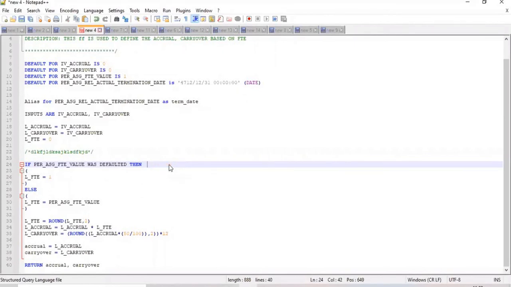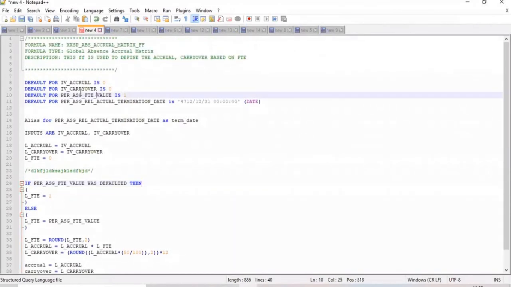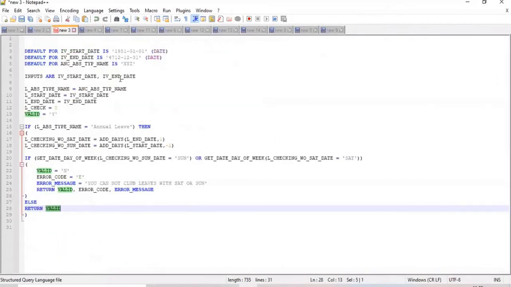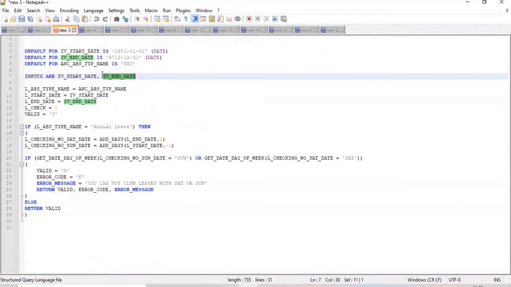Hi, I have a doubt. When we take the database items, we default them so that we don't get any error in compilation. Correct. And after that, we are taking some inputs. In one example, you took IV start date and IV end date, defined them as database items, and took them as inputs. And in another example, the recent extract rule one, you took some local variables as inputs. So I got confused about what things we are taking as inputs.